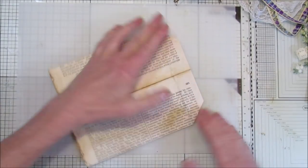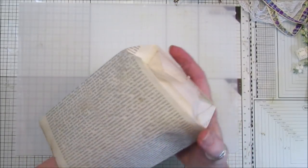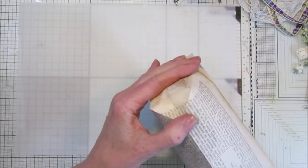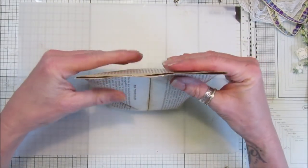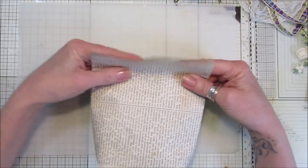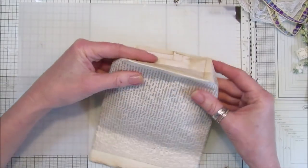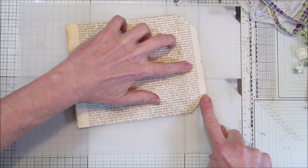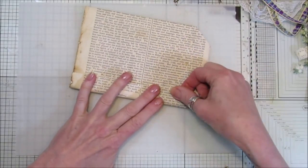So now that is the bottom of your bag, so just pop your hand inside, and then you can just push that out just like that, and then that's the bottom of your bag. So there we are. So now there's a couple of ways you can do it. You can just leave it like that as it is and fold that over, whichever way you want to fold it over. Okay, so you can leave it like that, or you can just fold that together like that, and where you've got this point here, which is the bottom of your bag, you want to fold it over just like that all the way to the top